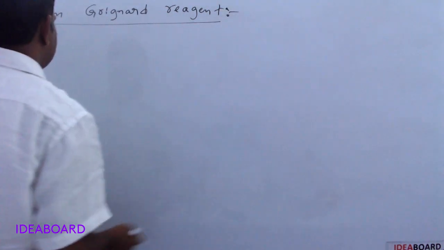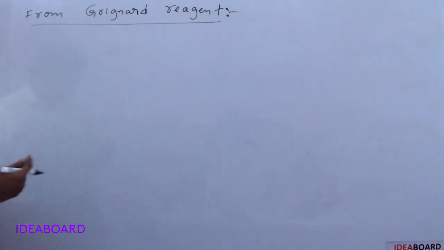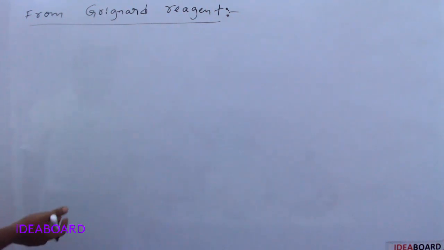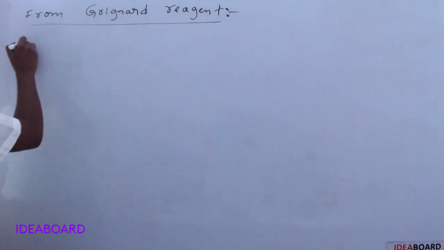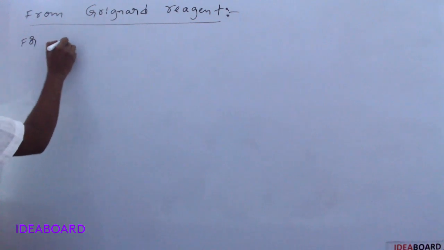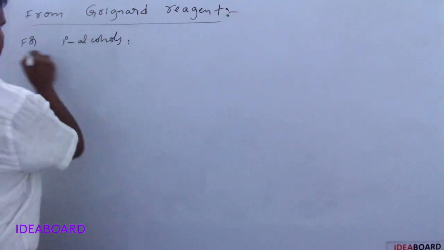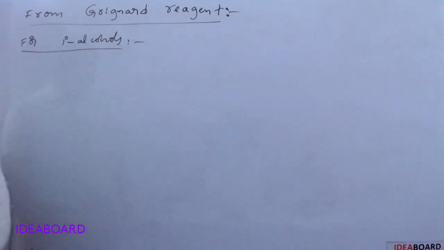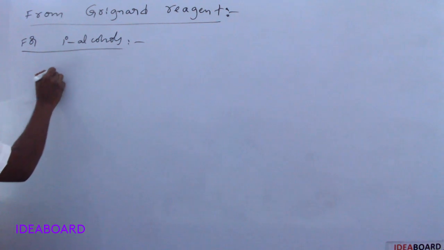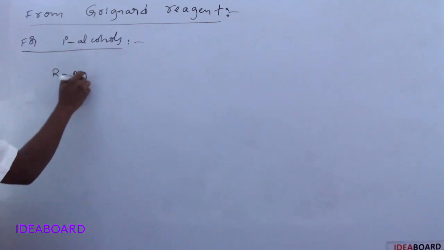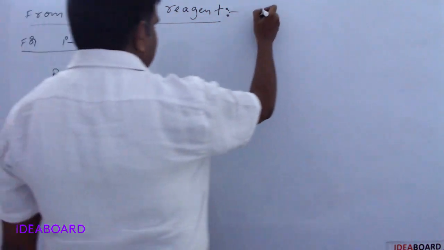Suppose when we are using the Grignard reagent, aldehydes and ketones or other compounds can react with the Grignard reagent to give alcohols. The first one is for primary alcohols preparation. For primary alcohols preparation, what are the reactant and Grignard reagent used? Grignard reagent, I think you know about it. Grignard reagent means